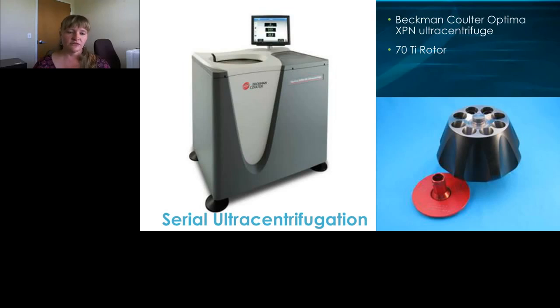The gold standard for EV isolation is the separation of EVs via serial ultracentrifugation. Specifically noted here is the Beckman Coulter Optima XPN and the 70 Ti rotor, or others you can use. I will run through a typical protocol for human serum serial ultracentrifugation. So if we isolate EVs from human serum,